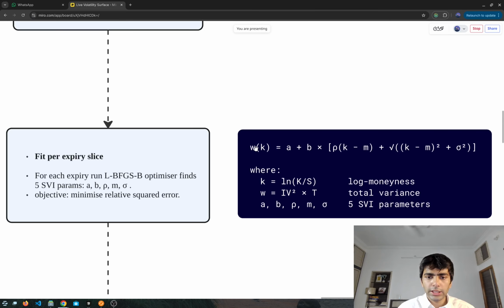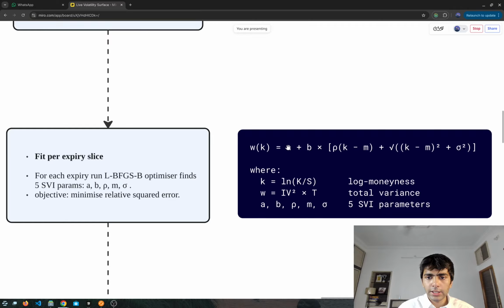So what we do essentially is, we don't know these values, right, except the k value, log moneyness, that we calculated, but what we know is the variance value, total variance, for each contract. So we run it in iteration for each contract. For the first contract we know the variance value, we back solve the equation to estimate the A, B and all the 5 parameters whose values are unknown, and we try to make them such that when calculated they result in a value equal to or close to our market variance, and we do it for each and every